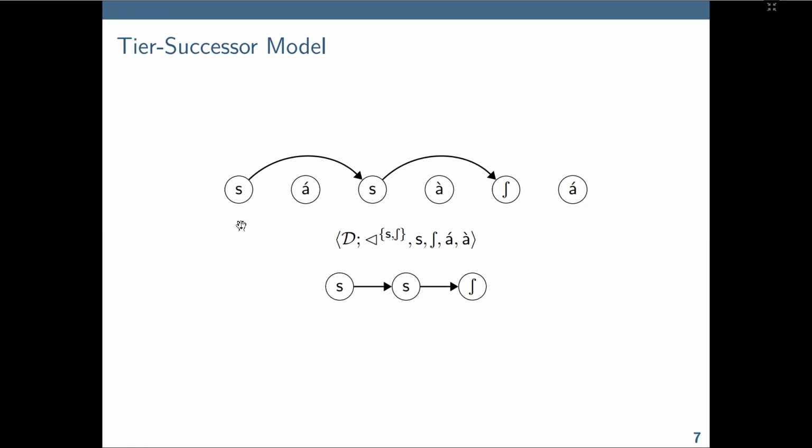So with this model, when we extract a 3-factor, it's still using the successor relation, but it's parameterized additionally with respect to these alphabet symbols. So now we know that the sa precedes the sa, even though they are discontinuous, right? We just don't care about the stuff that's not on the tier, okay? So this directly representationally encodes the notion of a tier.